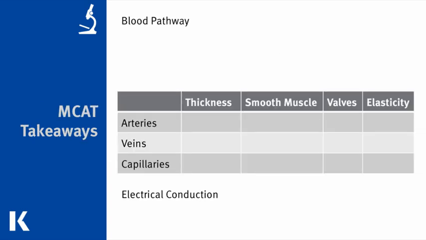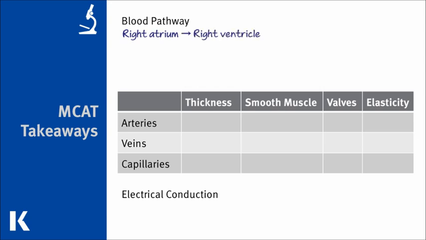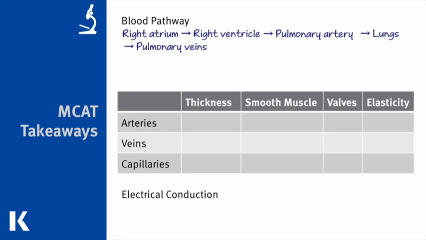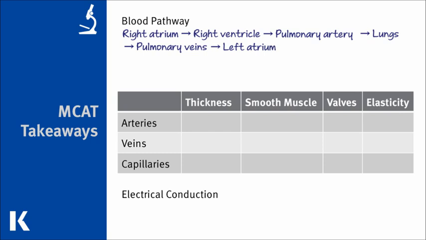These are the parts of the cardiovascular system that are most likely to show up on the MCAT. First of all is the path of the blood. We begin in the right atrium, then pass through to the right ventricle. The right ventricle enters in the pulmonary artery, which is one of two arteries that carries deoxygenated blood, and goes to the lungs to become oxygenated. The blood then returns through the pulmonary vein, which is one of two veins to carry oxygenated blood, and enters the left atrium. From the left atrium, blood flows into the left ventricle, and then out into systemic circulation through